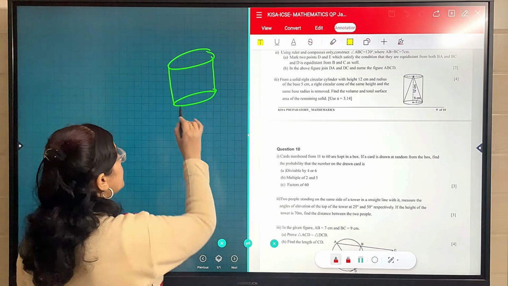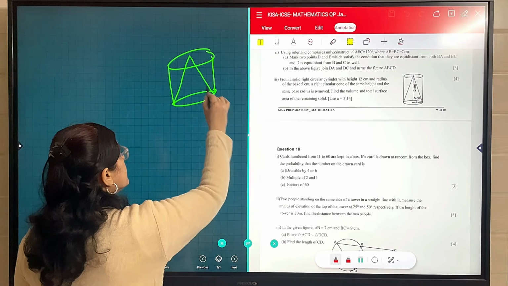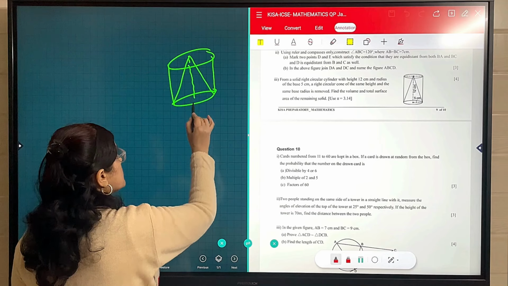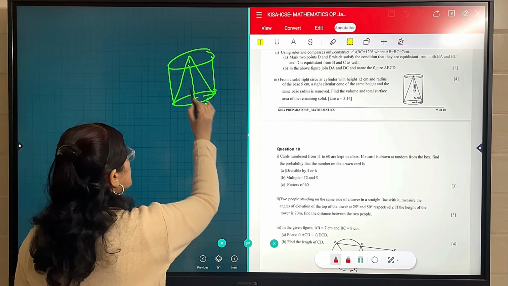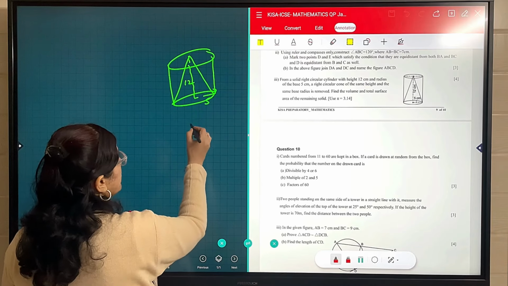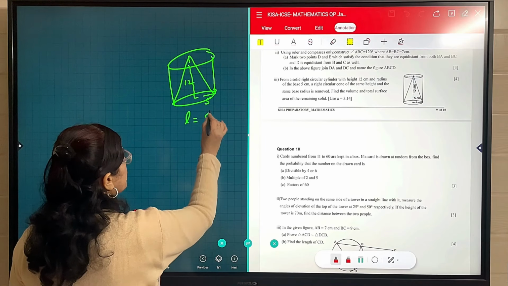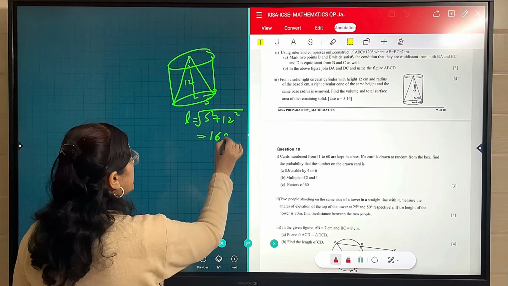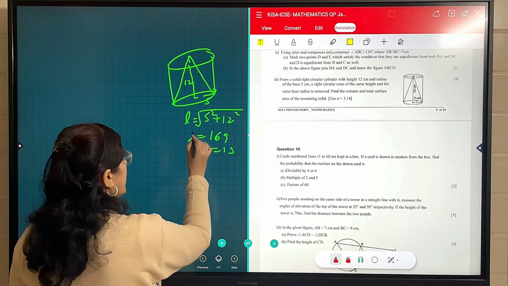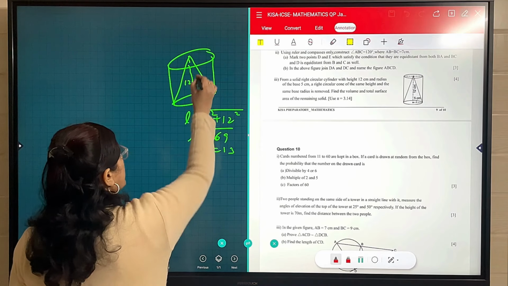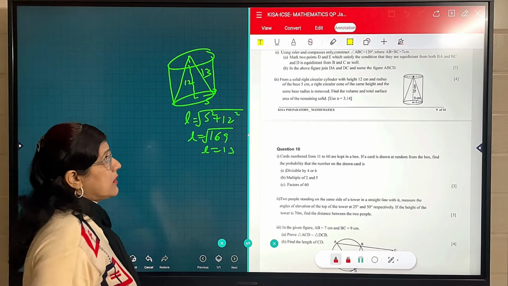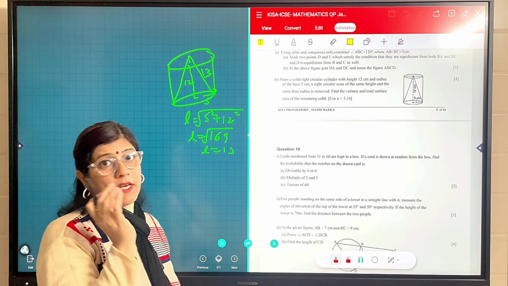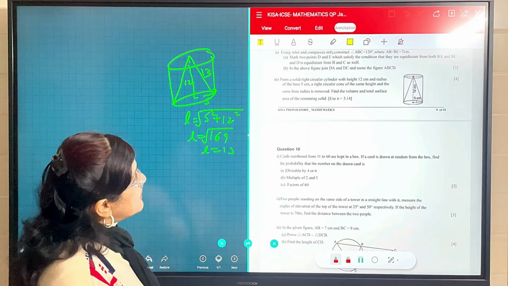Write a circular cone of the same height and same base radius. So the height of this cone is also 12 and the base radius is 5. This is 5 and this is 12. So L we know, otherwise we can show it also. 5 square plus 12 square is 169, which means the root is 13. So L is under root 169 and the value of L is 13. So the slant height is 13. For the curved surface area, we need the formula pi r L, so that is why.